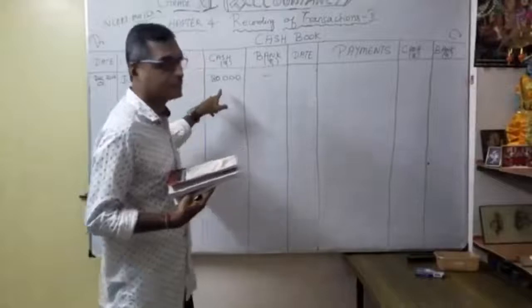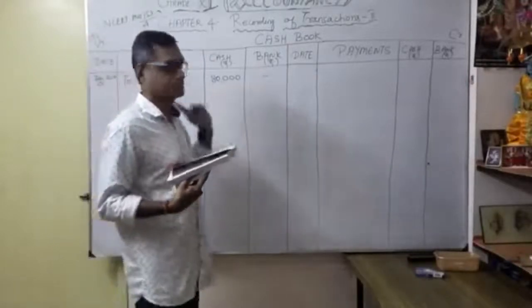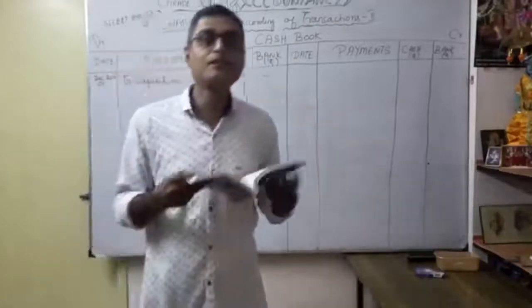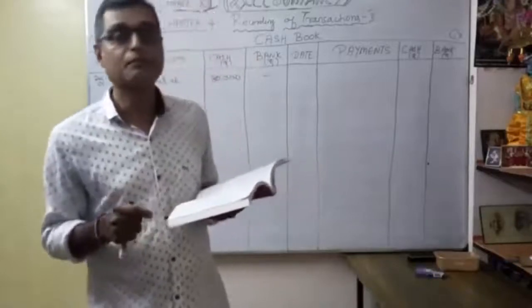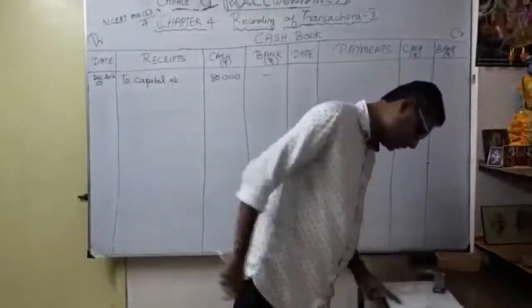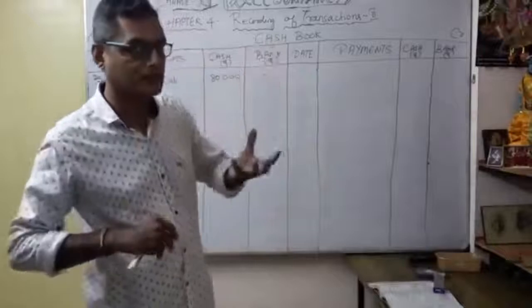Suppose whenever there is any transaction in cash, here you put a dash for easy understanding, no confusion. Okay. So we completed our transaction 1. Then, deposited into bank. It's a very, very important transaction. December 4, deposited into bank. How much? 50,000. So as you know, journal entry. Deposited into bank. So what will happen?